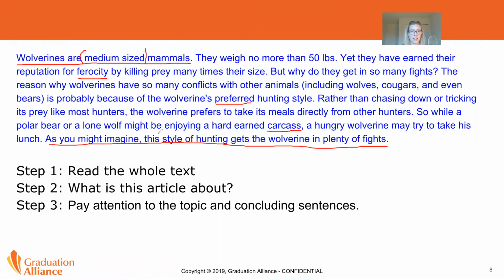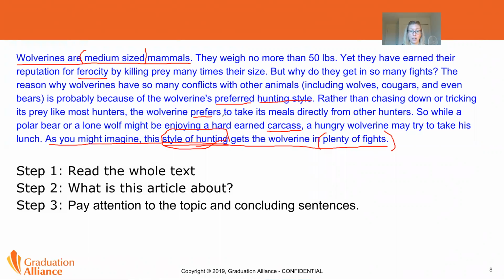As you might imagine, this style of hunting gets the wolverine in plenty of fights. Okay, so style of hunting and that it gets him in plenty of fights. That's a pretty good clue. So it is about wolverines and the way they hunt. And some key details, because this is mentioned again, hunting style,